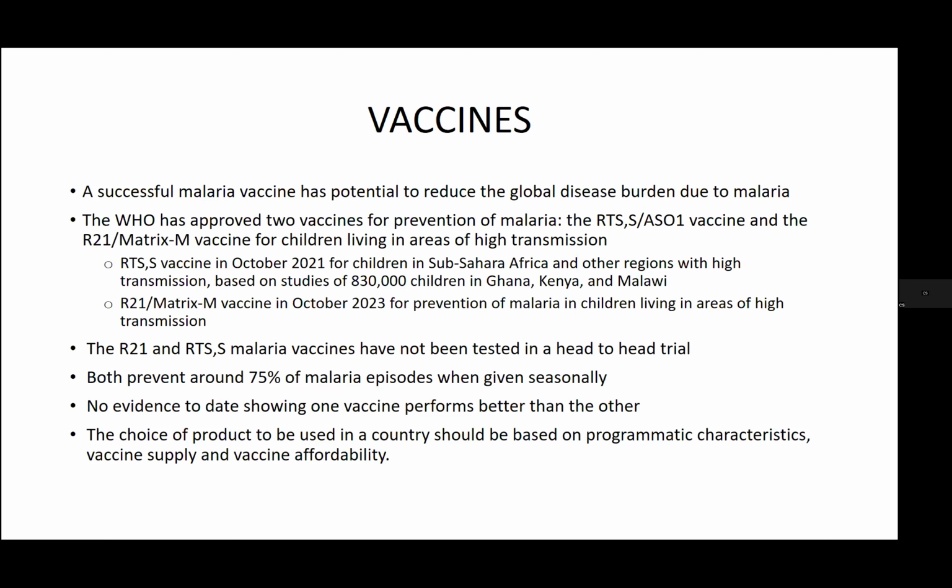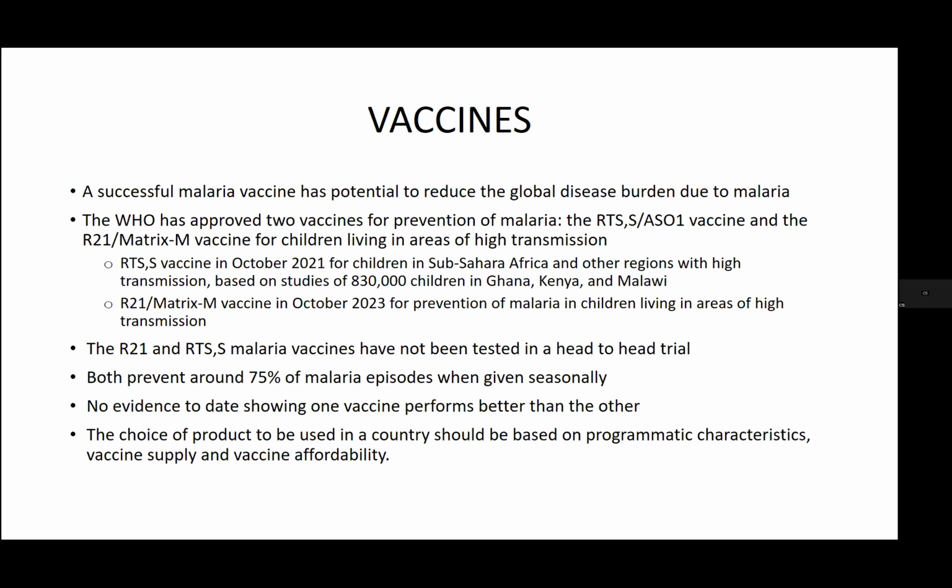There's no current evidence to date showing one vaccine performs better than the other, and the WHO says the choice of product to be used in a country should be based on programmatic characteristics, vaccine supply, and vaccine affordability. However, there are some caveats to this. These vaccines require at least 3 doses and a 4th booster dose, making rollout in vaccine control programs quite difficult. There also needs to be scaling up of vaccine availability, but there are efforts to try and address these